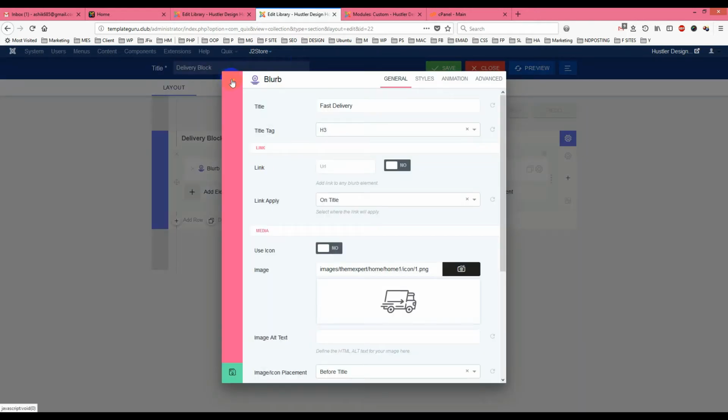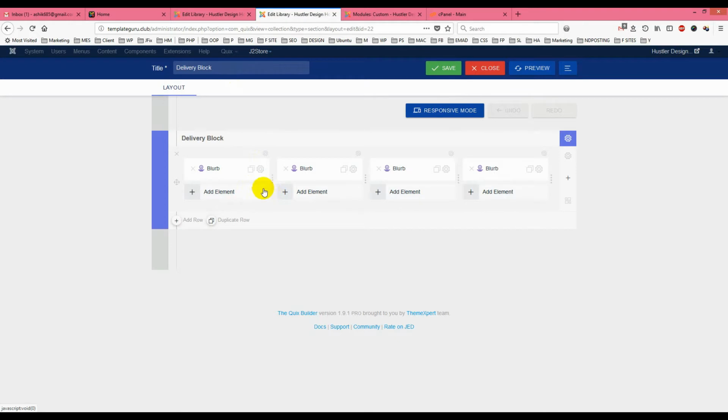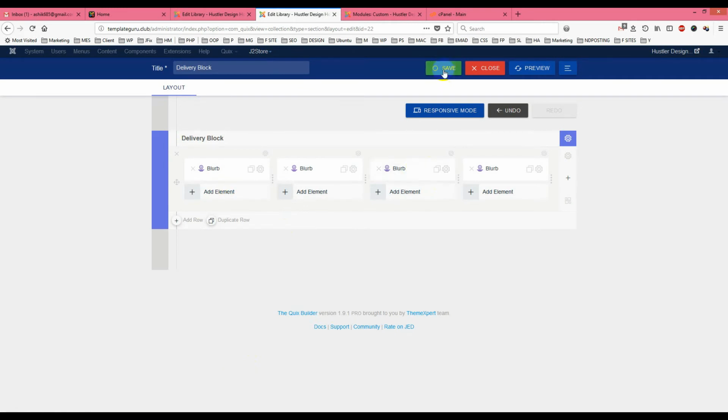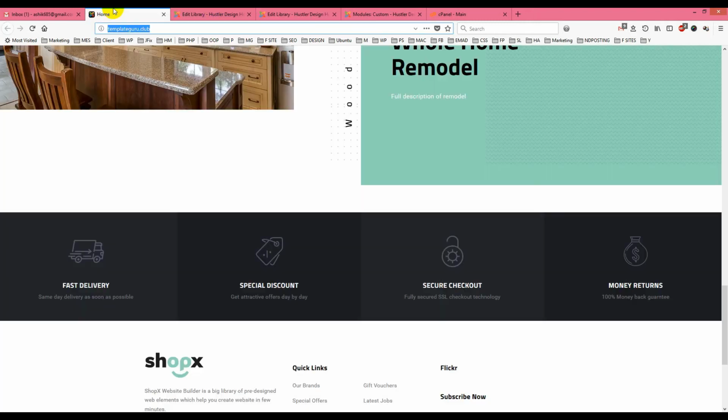I will change the bulb button, and I will change the title from fast delivery to craftsmanship, this one craftsmanship, and I will just save it, and it will show up a save message. It takes a few seconds, and success. So I will go to the home page,